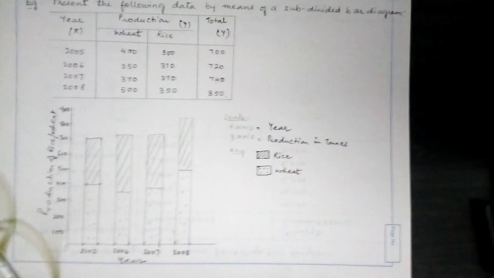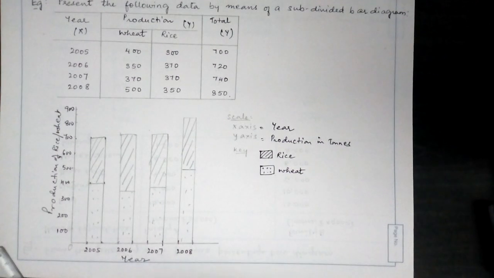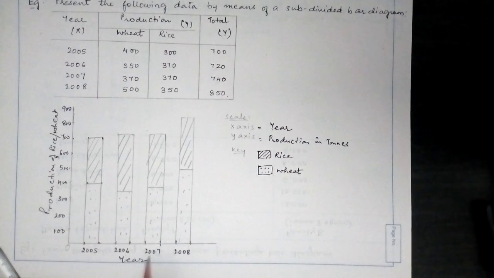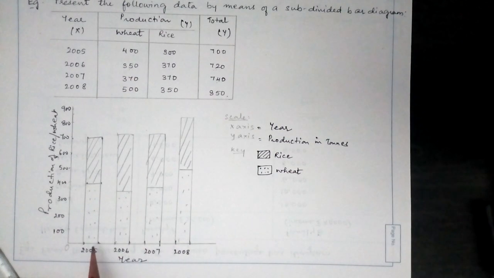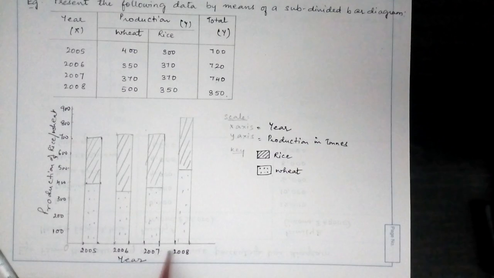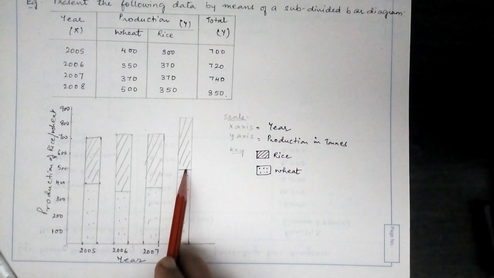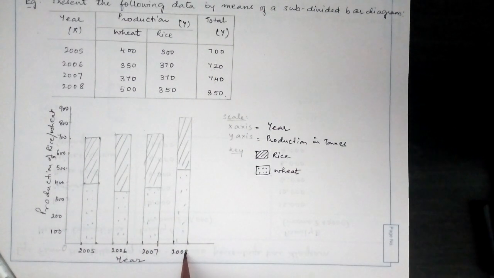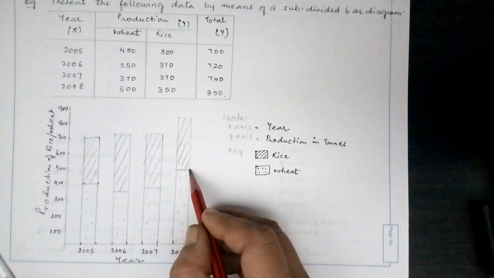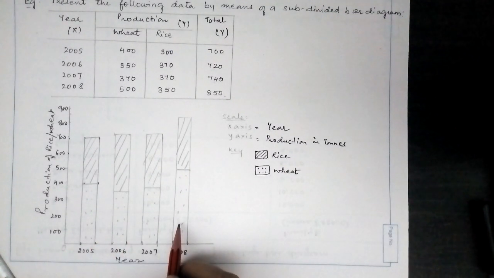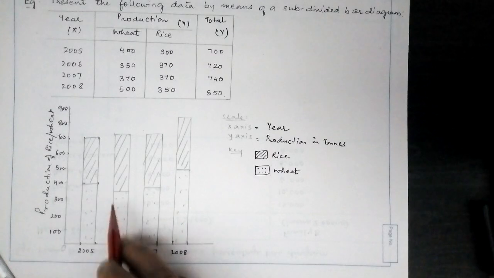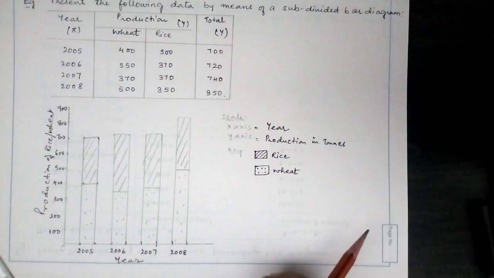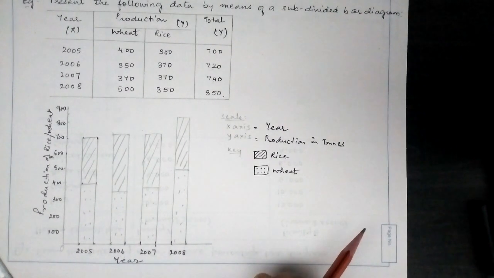So the bar diagrams or the component bar diagram that we have drawn represents all the items given or all the data given to us. So it is very easy to understand. It will tell us what was the production in 2005, 6, 7, 8, and then when we see the heights of these bars, any layman without the numbers can make out that in 2008 the production of wheat was maximum in these 4 years, okay, and the production of wheat was minimum in the year 2006. Likewise, we can even compare the production of rice. So that is how the component bar diagram is drawn.